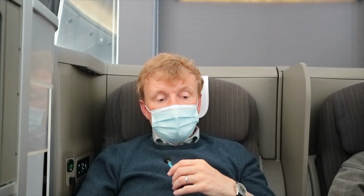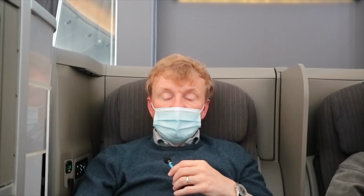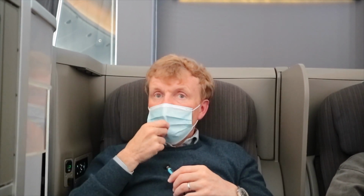There are worse seats. I know people have got a lot of gripes about it. They're stepping over the feet of the people in front, because obviously it's a yin-yang, so some people are backward facing like we are at the moment. I'm at the front of the aircraft flying backwards, but to get out of the seat I have to step over the feet of the person there. I don't know who's that more annoying for, the person I have to step over or me having to do the step, but those things, gradually the direct aisle access will come about as the Club World seat is replaced